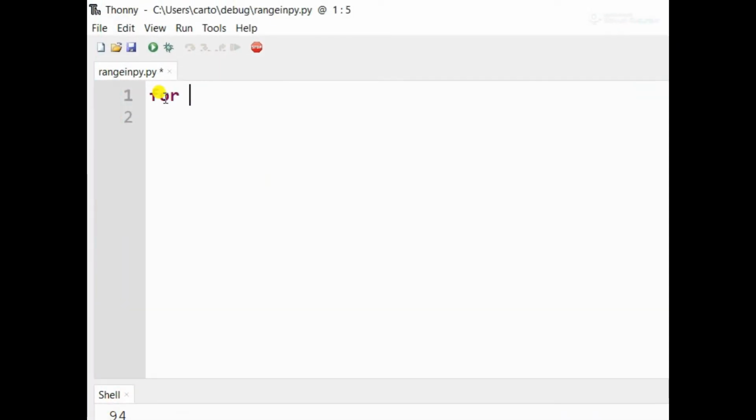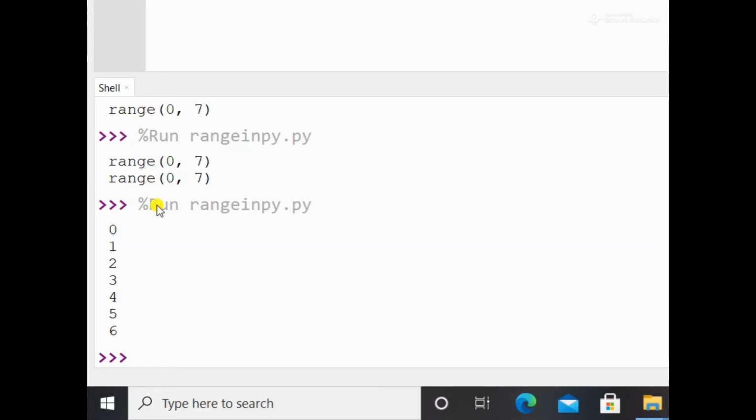Now I'm going to explain to you how the range function works. The range function is a built-in Python function and it is a very popular and widely used function in Python. When we want to run our code a specified number of times, then we can use the range function. It returns a sequence of integers starting from 0 by default and increments by 1. It is also by default until j-1. It means if I am providing a range 0 to 7, it will generate integers from 0 to 6, not 0 to 7.